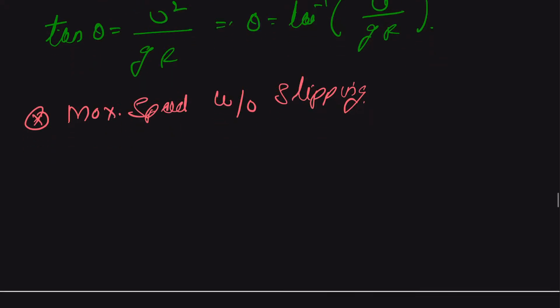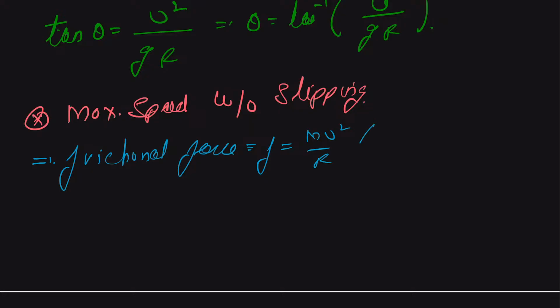And because it is a single point contact, therefore we can say that the frictional force, which is F, is mv square upon r. Obviously it will be towards our left side,